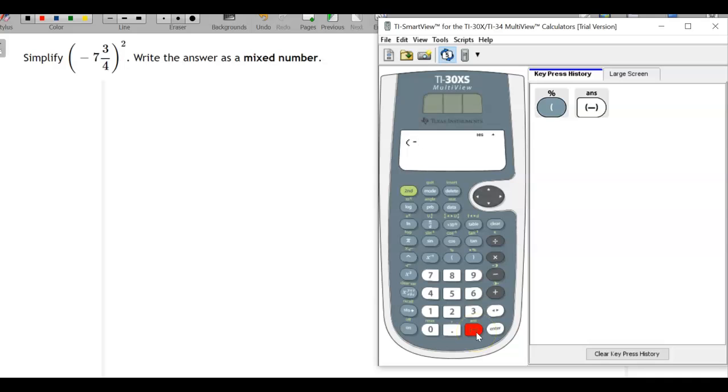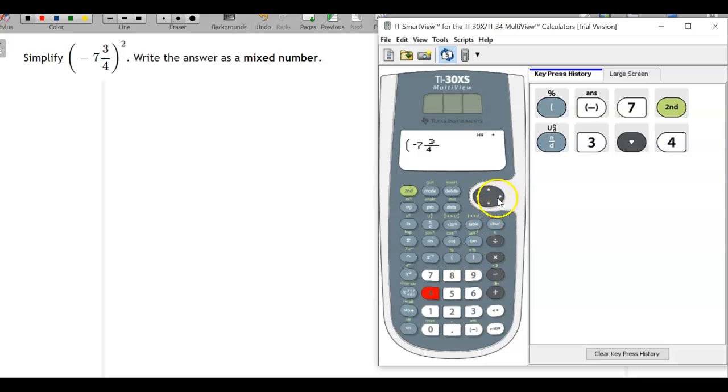So it's negative, and now I'm going to hit 7, and to put a mixed number in, you notice the fraction key is n over d, but above that in green is U n over d. So we hit second, and then that same fraction key, but that prompts us then to put the whole number part. The 7 is not in the numerator, 7 is the whole number part of this, or the integer part, and then we'll put 3, and then down arrow to the 4, and then we cursor to the right arrow, close parentheses, and now